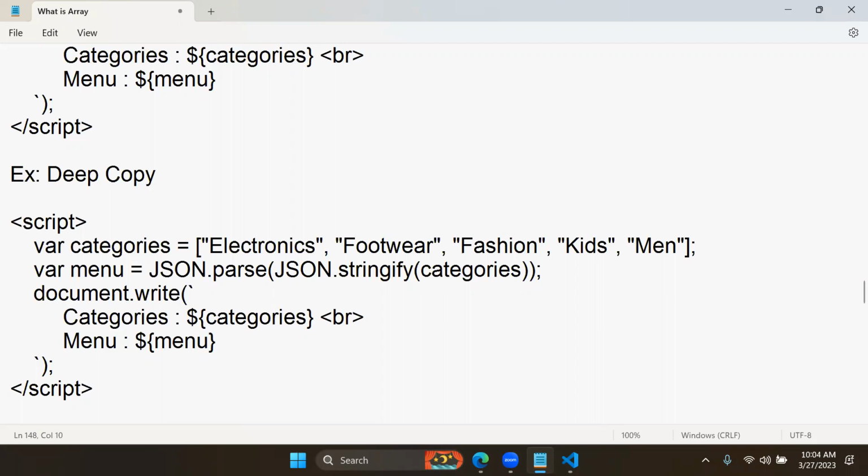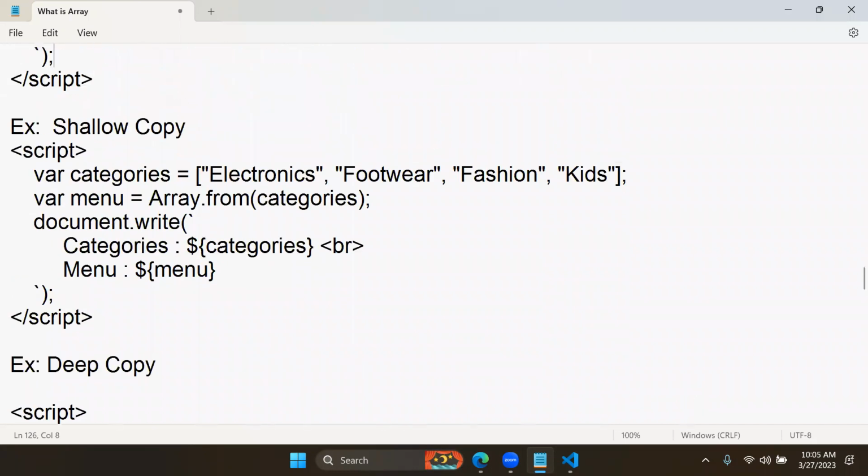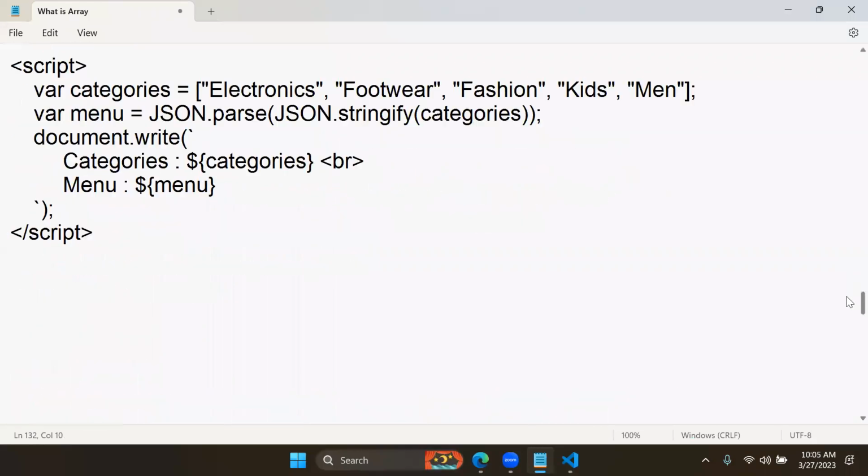Out of 100 JavaScript interviews these days, 95 interviews ask this question. Array copies, how to reset arrays, these kinds of questions will come. So you need to know those two options by using one prototype. What is that prototype? Array.from, which collection, and store in that result. Right? So another option is